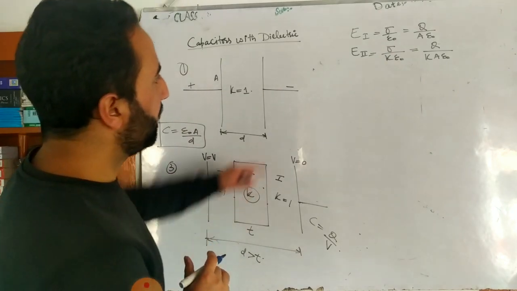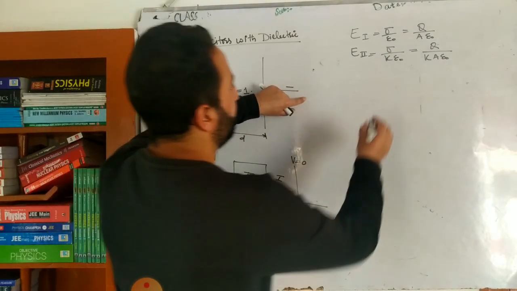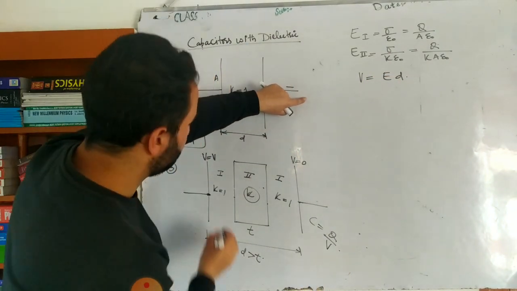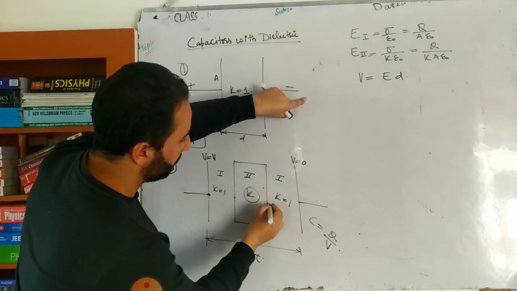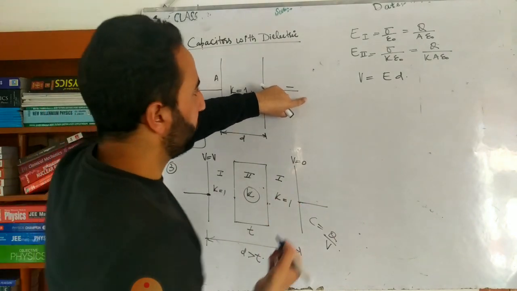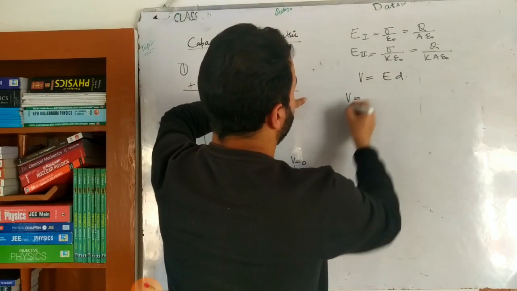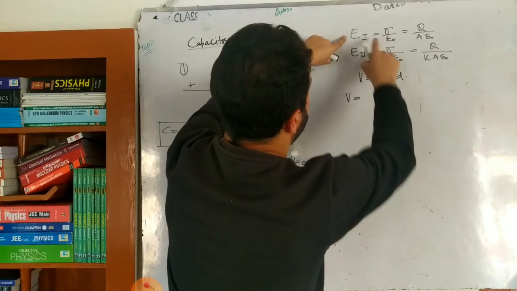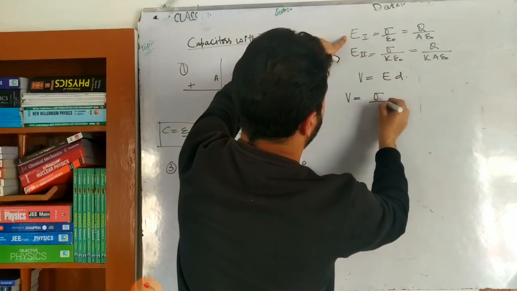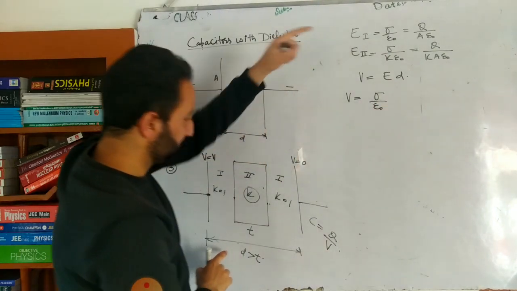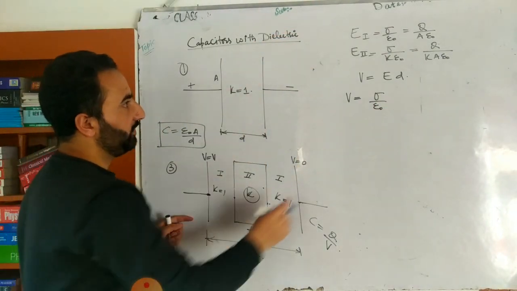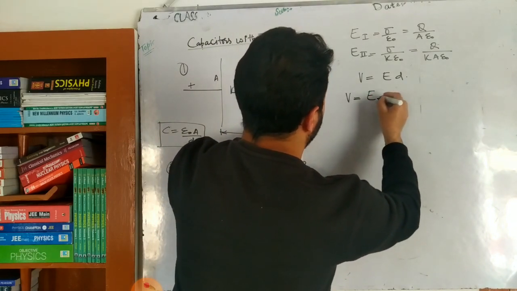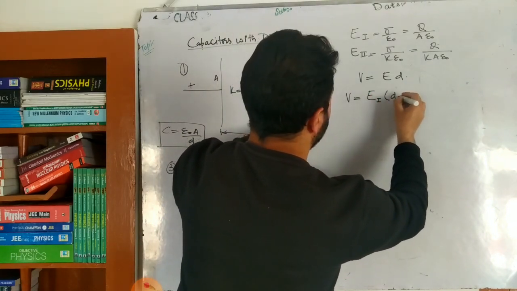Now concentrate. Now we have to calculate what? Potential. Potential difference is obviously equal to simply E multiplied by distance, because the field is constant here. From here to here it's constant, then from here to here constant, then from here to here again constant. So I will write down first of all the field. The field in region number first is equal to sigma by epsilon 0, and the thickness of region number first will be like this. It's equal to E first multiplied by D minus T.